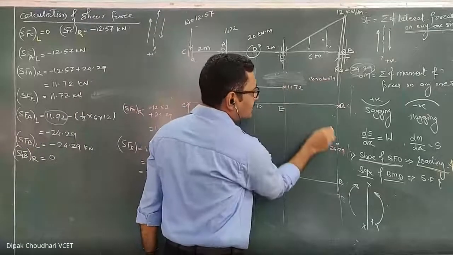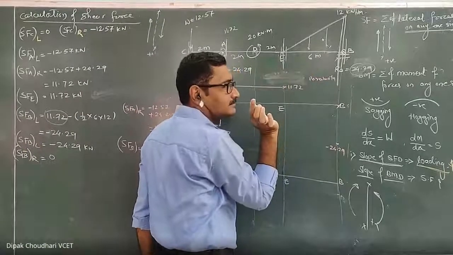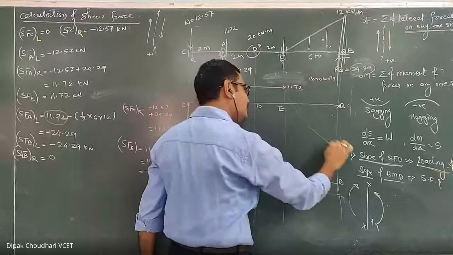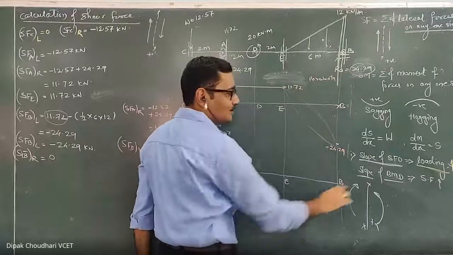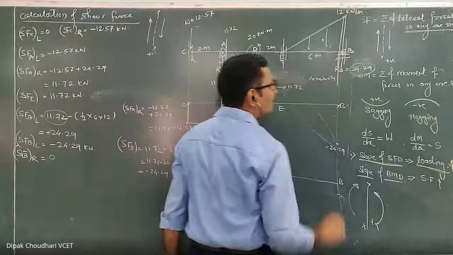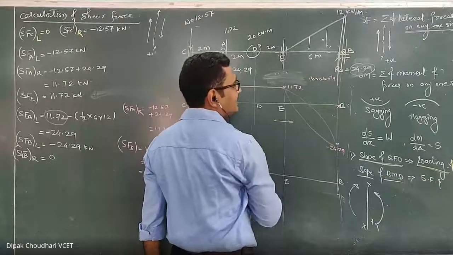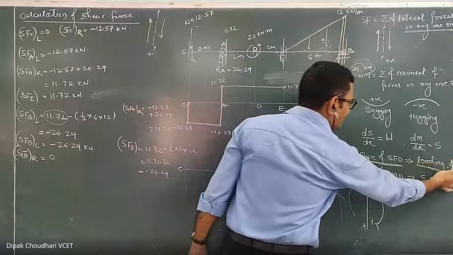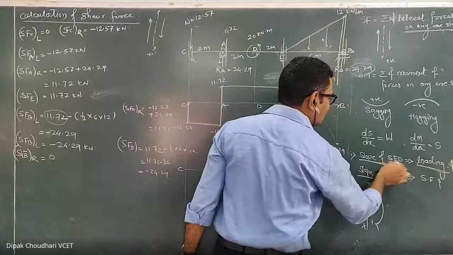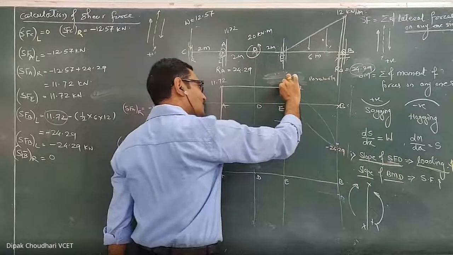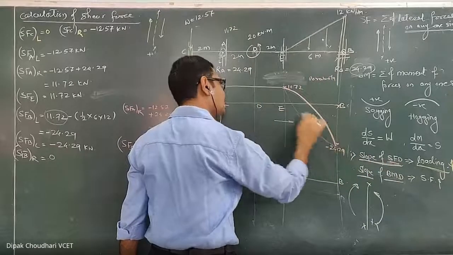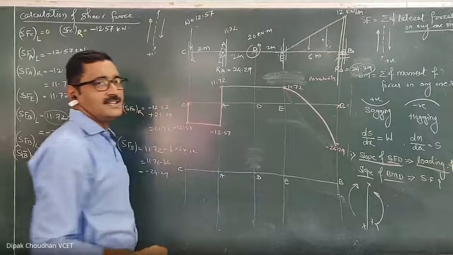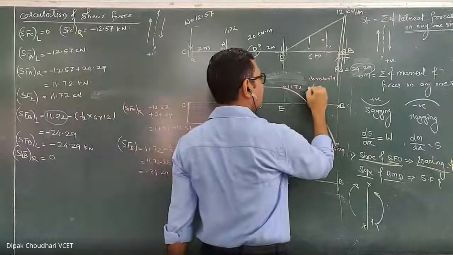So you have to join these 2 points by using the proper curve. It is a parabola. The question is that we got the 2 points, but the parabola is like this or like this. So we know that the slope of the shear force diagram represents the loading. When we move along the x-axis, here the intensity of the loading is increasing. Since the intensity of the loading is increasing, so I have to draw such a shear force diagram whose slope should go on increasing. So this is the curve whose slope is increasing, right? So this is the parabola.